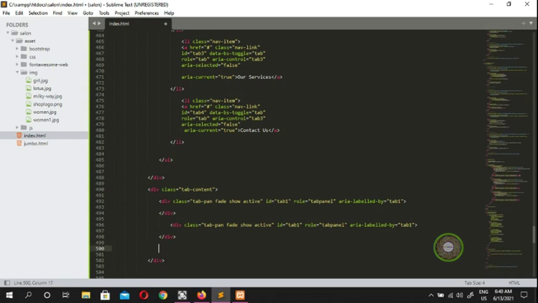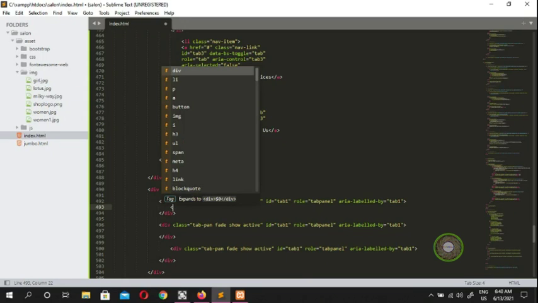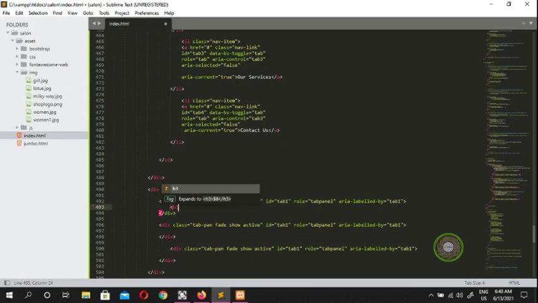I'm going to put it here, and I'm going to put it here, and the second one, that's our second tab, and we're going to put something here as tab 1. I'm going to put an H3 tab 1, because I want to know which tab I am. So it's a tab-pane fade, and this one is not active, and the third one is also not active, and this is the tab 2,